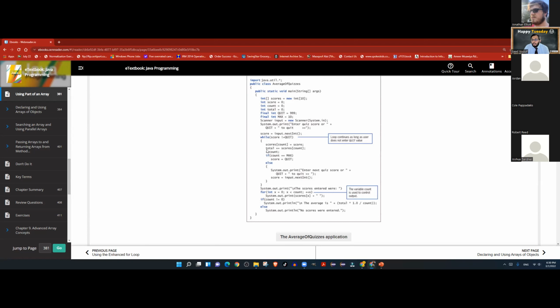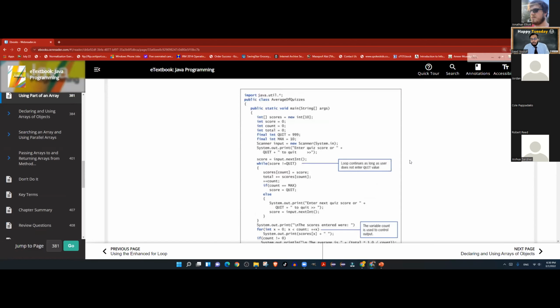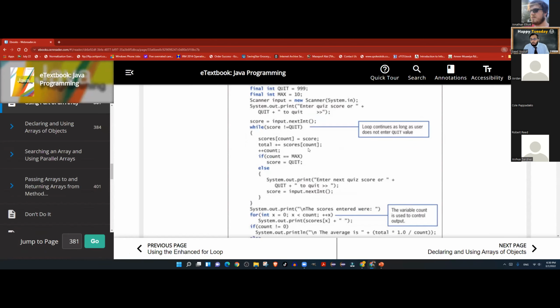Then who can explain to me what's going on right here? What do you call that? In programming terminology, there is a term for that. It also happens in a cash register. When you go to a cash register, every item that you ring, what happens? It gets added to the subtotal, right? So what do you call that?